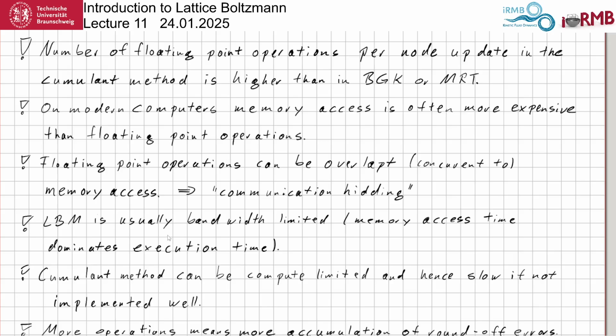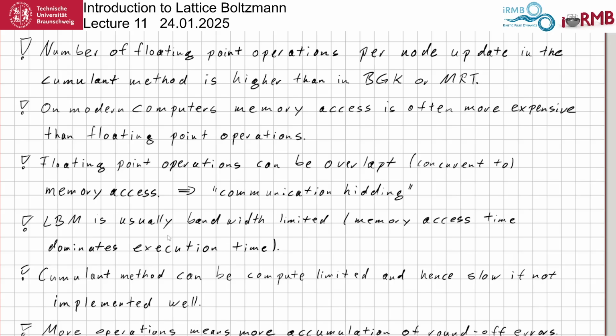So the ones who come to my parallel programming lecture know what bandwidth limited is. This is what I just said. The execution speed is dictated by how quickly memory can be accessed and not by how many floating point operations can be done. However, with the cumulant methods, we have so many floating point operations that